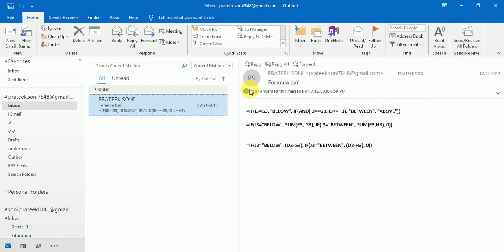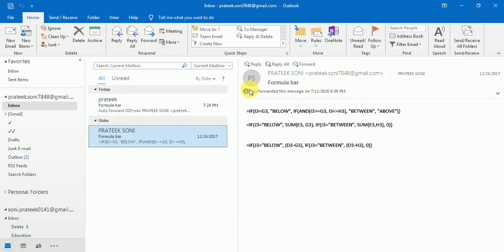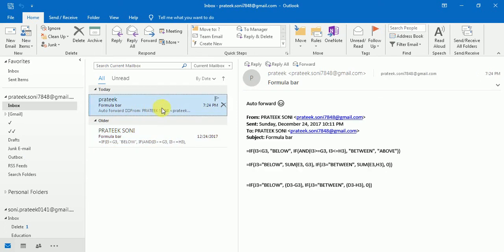I will get a notification mail now. Yes, so we have our mail in the inbox. See, auto forwarded, and we will get a copy of this in my other email as well.